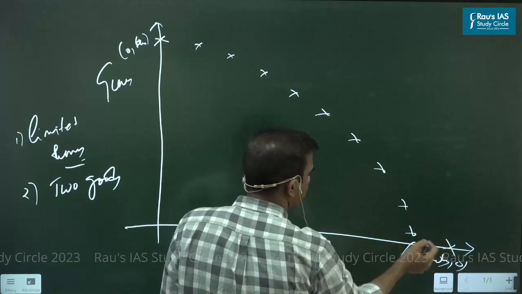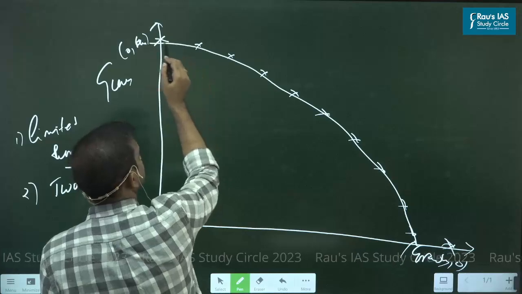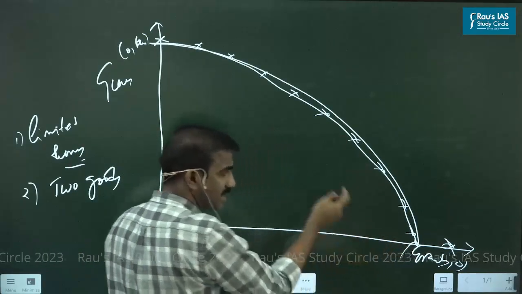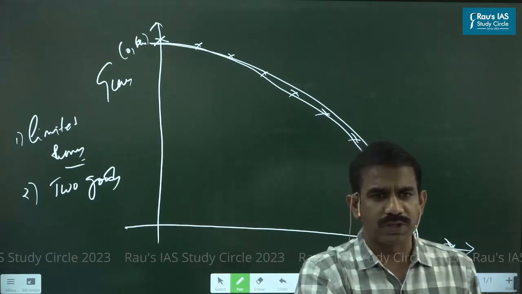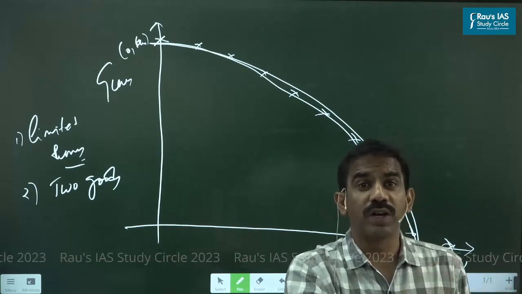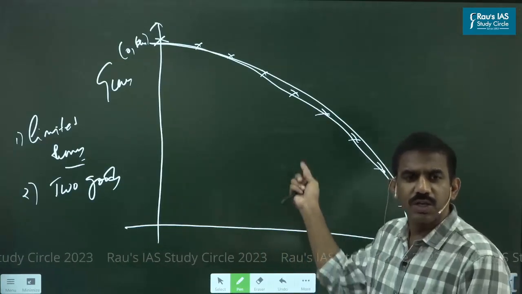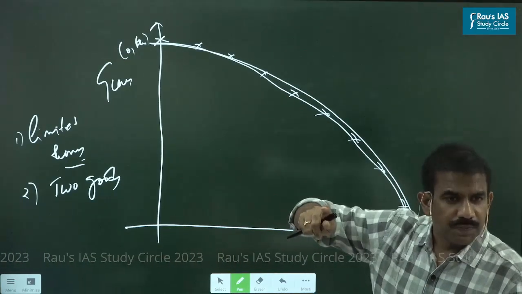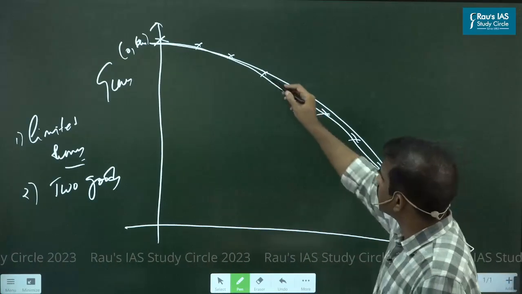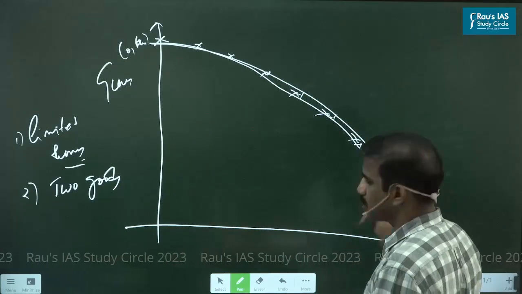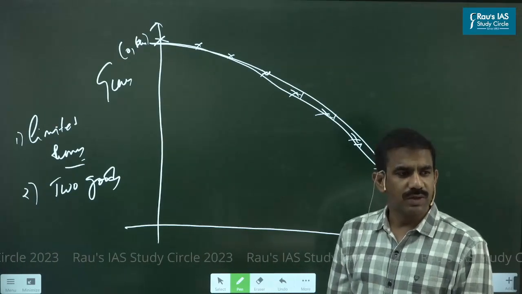So let's say this is the max. If I combine all these points, this curve is a locus of all the points. Locus simply means a collection of all the points, I mean, the possible quantities of guns and grains I could produce. So this line is a collection of all the possible production values. This is possible, this is possible, this is possible. Is that clear now? Any doubt?